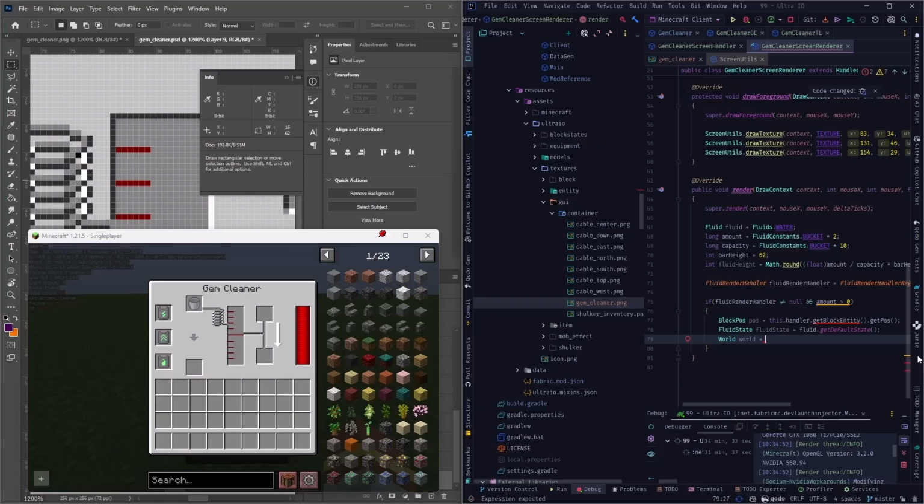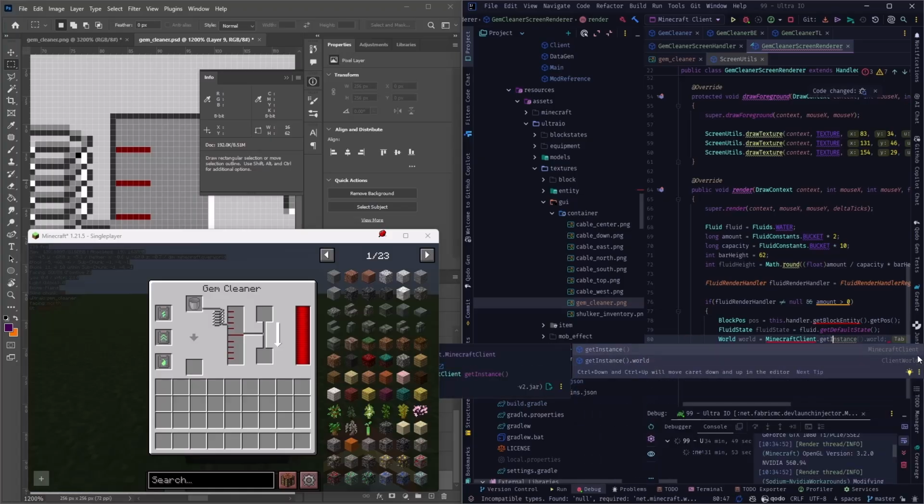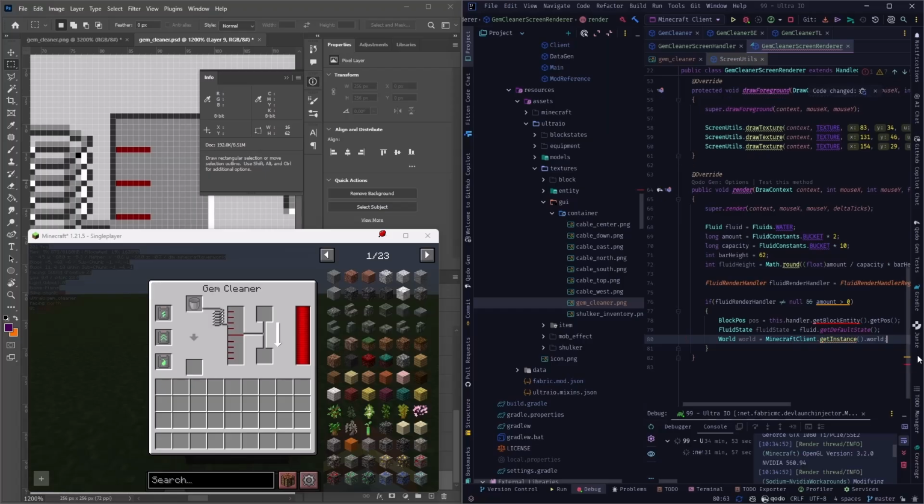Now here is something that we won't use outside of the user interfaces. We directly call MinecraftClient, and from there we call getInstance, and from the instance we get the world. Now this will work in the user interfaces because there we are sure that we are on the client side. It's the job of the client side to draw the GUI, and because of that we can call the MinecraftClient. Anywhere else in any other logic related to the game, be very careful. Only call MinecraftClient.getInstance().world when you are 100% sure that you are on the client side. Okay, now that we have all of the